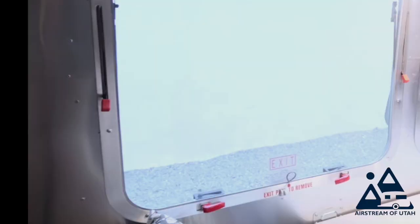Here's what we do. We check our escape window. This is not an escape window, mine's in the back, but your escape window has 2 red handles to raise it up, and you have a little loop to pull out your screen. Check and make sure that all those things operate as advertised. For your battery, if you have a lead acid battery, you must check the water level, and it must be